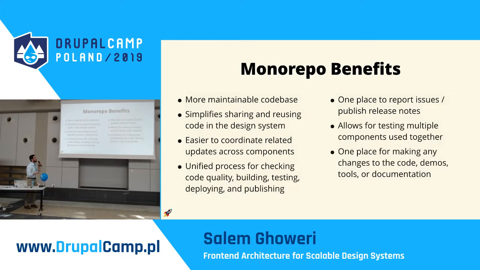It's also really a place for people to report issues, bugs, and put any notes about your more recent releases. It lets you test related components together. You don't have to go to the button Git repository to test the button, and then the icon Git repository to check the icon. Building your design system as a monorepo means all the pieces are there, and you can check all the pieces all together, and in separation. And like I've mentioned, really there's only one source of truth to make any changes over time, to update your code, update your demos, update your documentation. Just one repository for your entire system